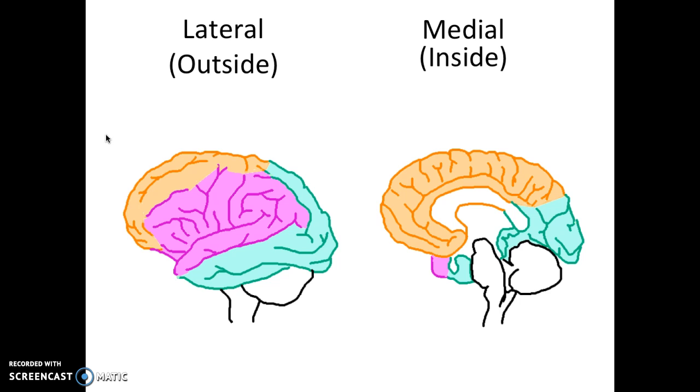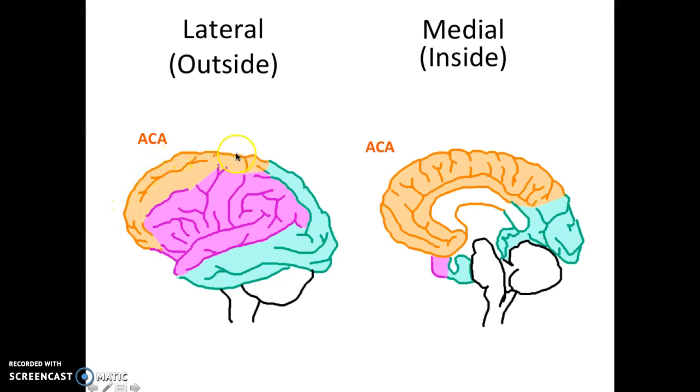symptom based on areas of perfusion. And what do I mean by that? Well, I mean there are a few major vessels to the brain that commonly get tested in terms of their associated symptomology, and that's based on regions of the brain. So I've drawn out the lateral lobe, or the outside of the brain, and the medial portion, or the inside of the brain. And so if we look at the three major arteries that are involved in stroke, so anterior